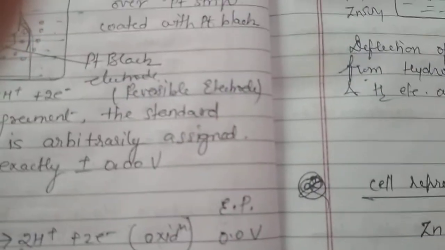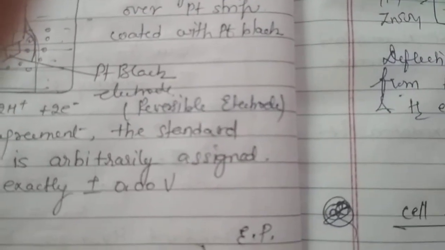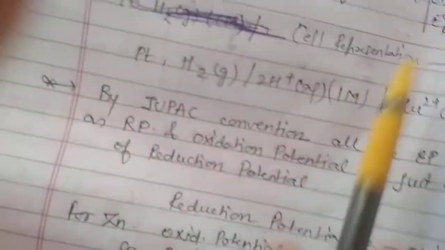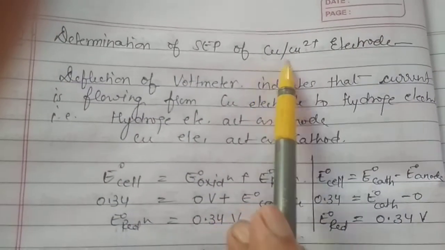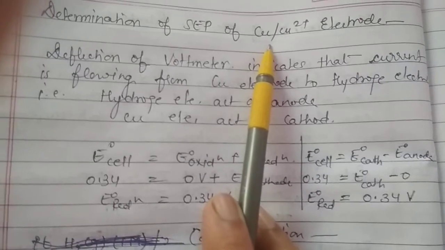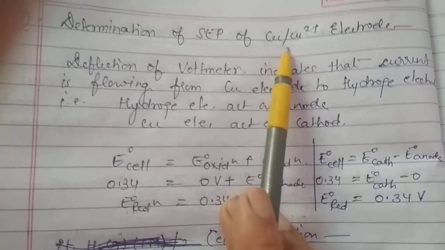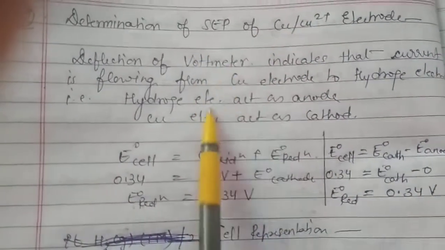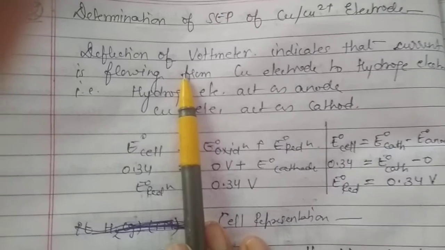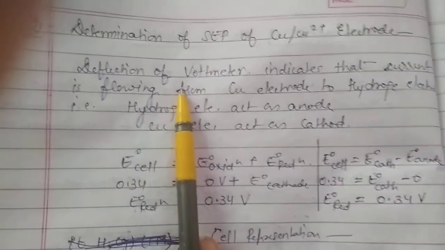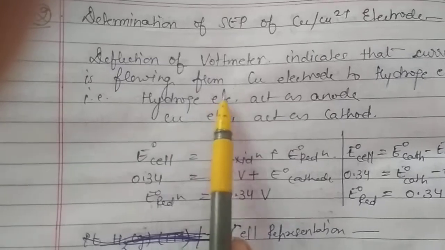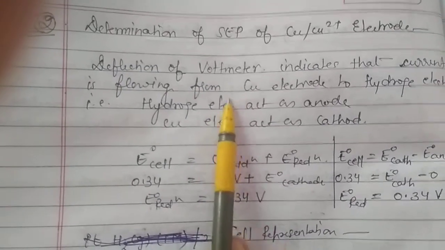Now let's see the second example. The second example is the determination of standard electrode potential of copper to copper ion. So it means we are talking about the oxidation potential in this case. So we will see the oxidation as well as the reduction potential. We may see both, or the reduction potential, as in the electrochemical series we have been given the reduction potential. So again we will make the setup in a similar manner, and again we will see the value of the voltmeter that would tell us the EMF of the cell, and we will see the deflection of the voltmeter.